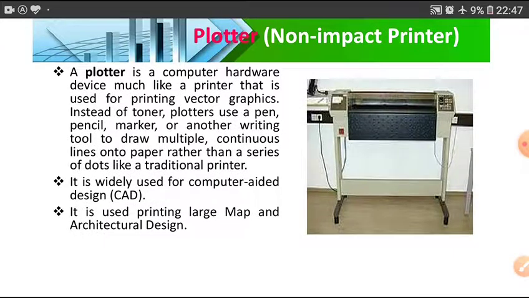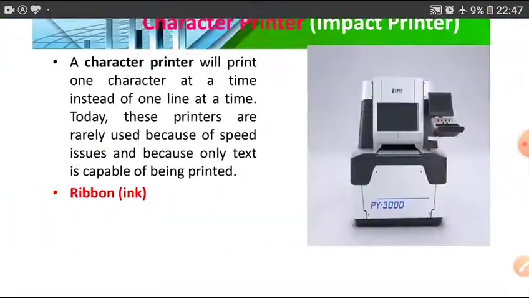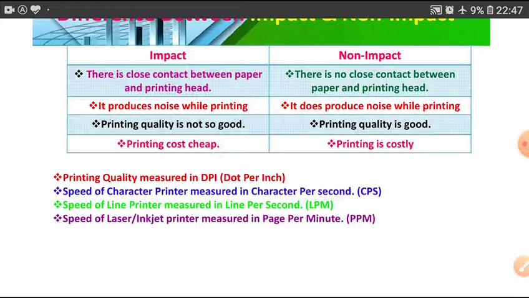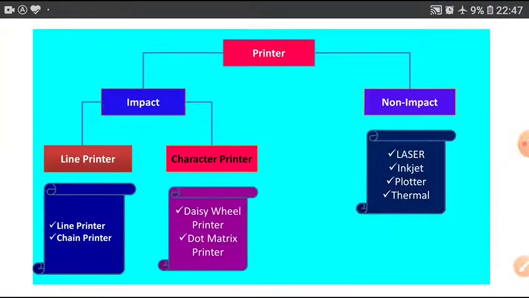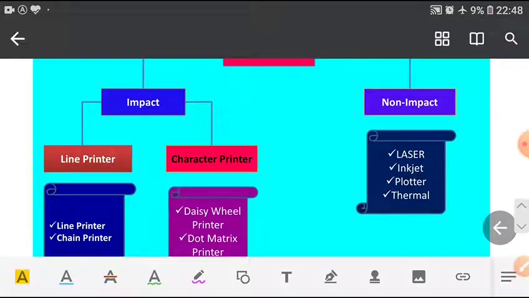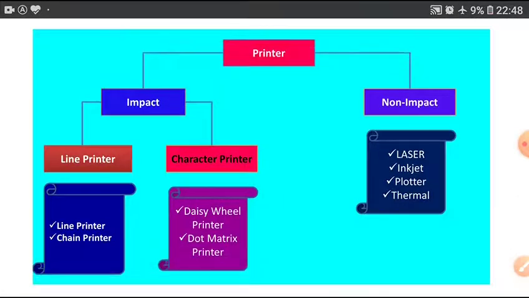Now I want to repeat this. Printer. There are two types of printer, impact printer or non-impact printer. On the basis of printing mechanism. See the diagram.